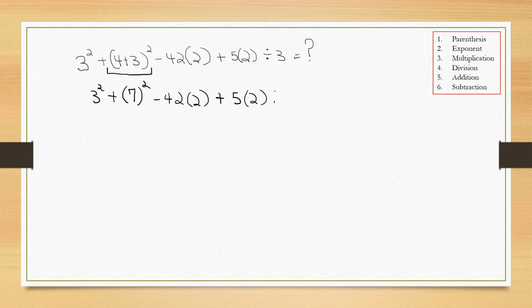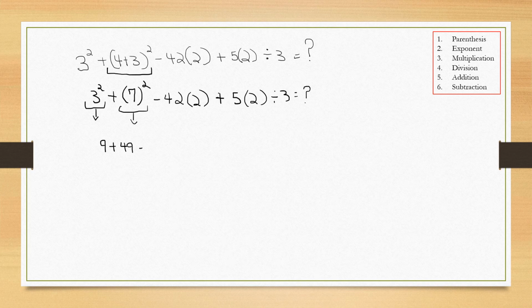We don't have anything else to do inside of parentheses, but I do see two exponents, which are right here and right here. So which one do I do first? Just do it from left to right. Either way you could do it however you want, but anytime you run into a problem like this, it's best to go ahead and do it from left to right. 3 squared is the same thing as multiplying 3 twice. So 3 times 3 gives us 9 plus 7 times 7, which gives us 49,